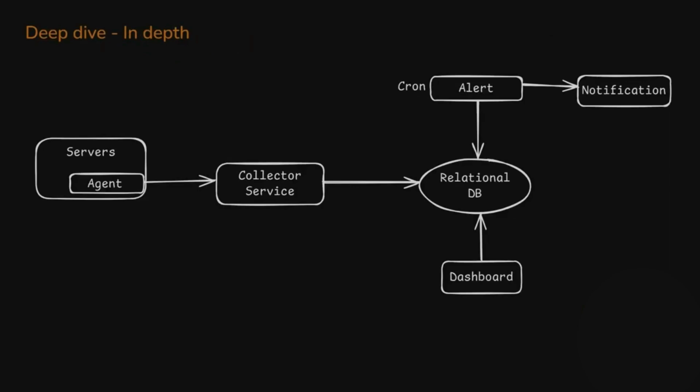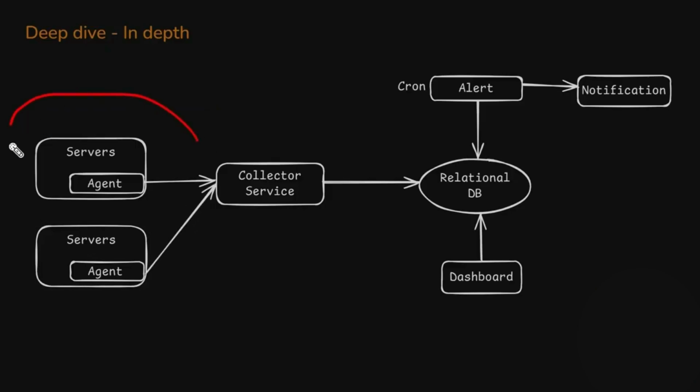In the deep dive, start thinking about the bottleneck in the system for making it scalable. If we have hundreds and thousands of these servers, let me create some to understand the problem statement here. So we have these servers continuously sending the events. It could be millions of events per second sent to this single service, so that would